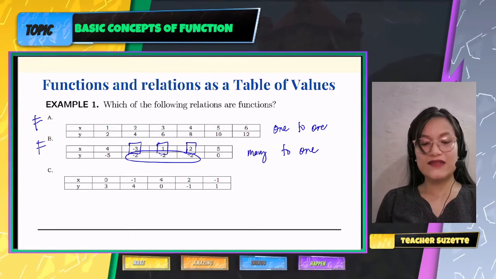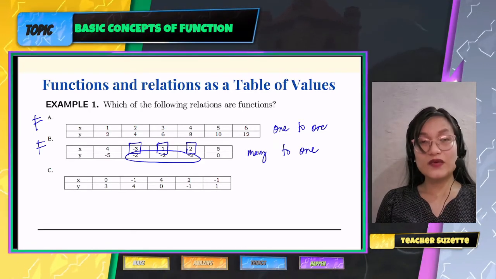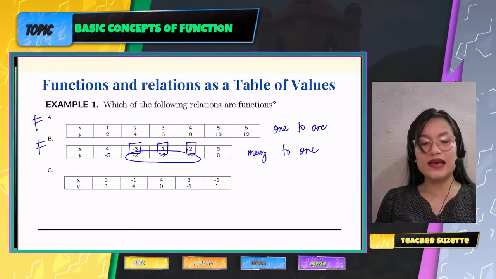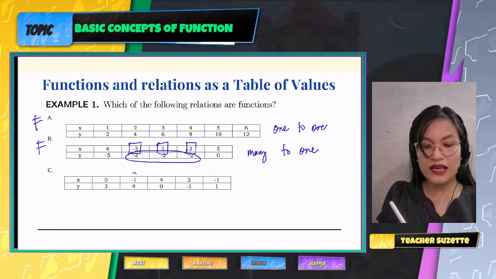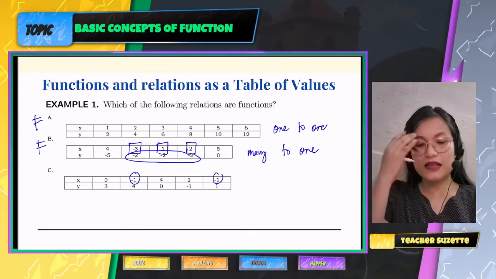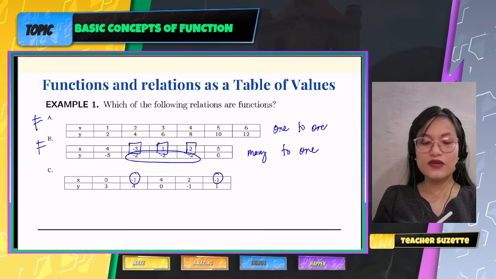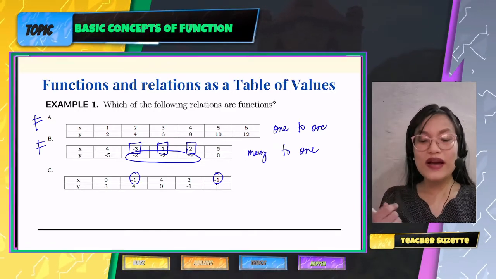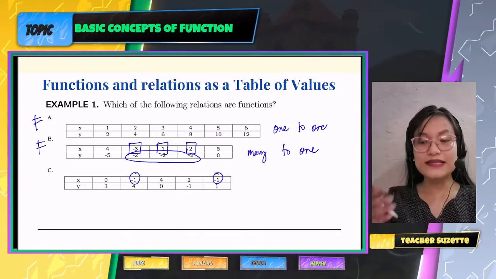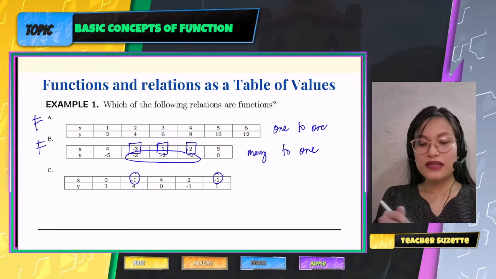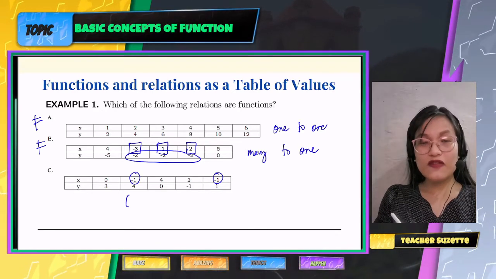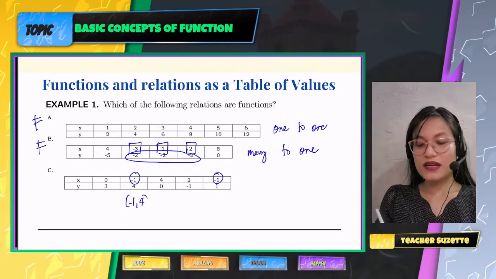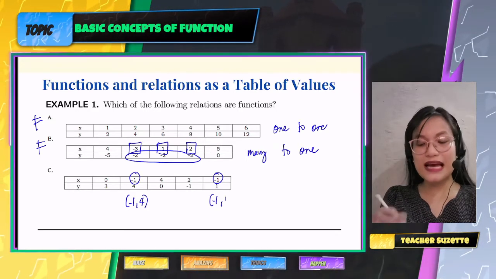Last, let's have letter C. We have, for x, 0, negative 1, 4, 2, and negative 1. And, ayan, may umulit na negative 1. Next naman dito, 3, 4, 0, 1, and negative 1 for y. Walang umulit sa y, sa x lang meron. So, dito, specifically for the ordered pairs negative 1, 4, and negative 1, 1, you can see that parehas sila